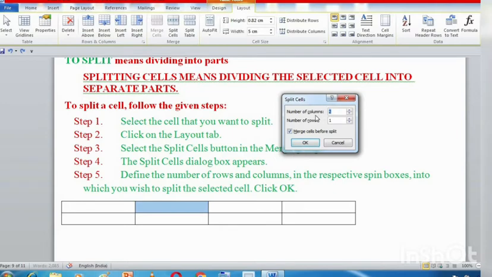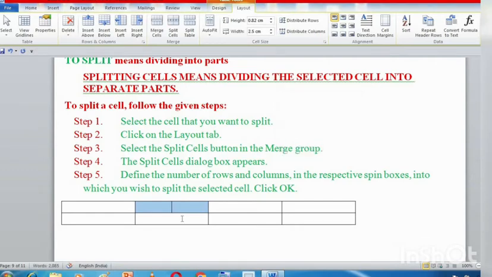So if I want to split this into two cells, I will select two columns. If I want only one row, I will select one row and then click on OK. So see, this single cell got divided into two different cells.